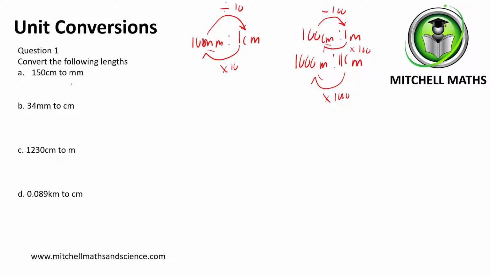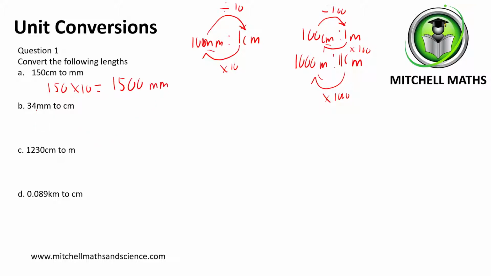So let's have a look at these. We've got 150 centimetres to millimetres. So we're trying to go from centimetres to millimetres. Millimetres is a smaller unit than centimetres. So we're going to need to multiply, because there's going to be more millimetres than centimetres, if you think of it that way. So it's 1,500